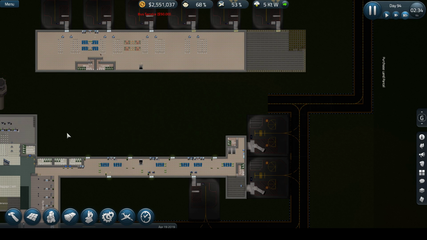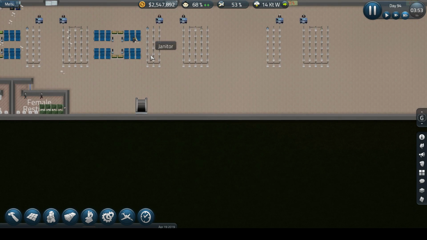Oh, what if going to the terminal was underground, but coming out was above ground? Oh, that could look really cool. Okay, we're going to do that. That's what we're going to do. But in the meantime,